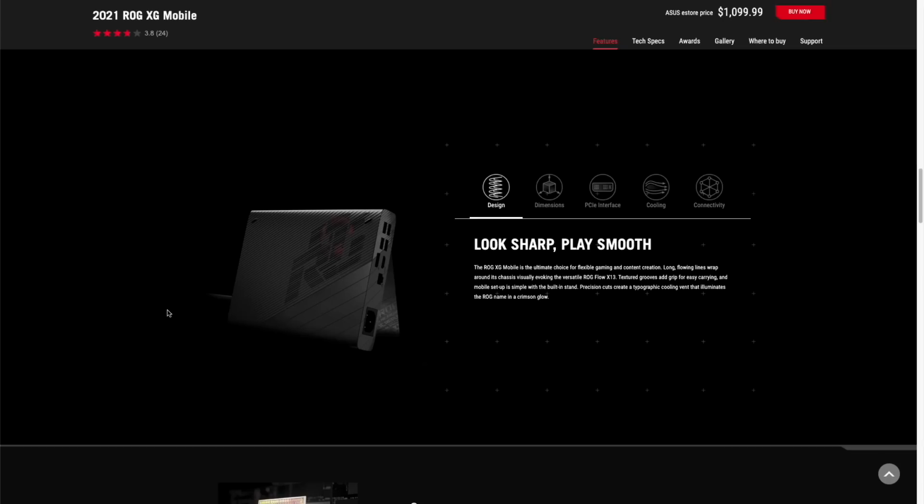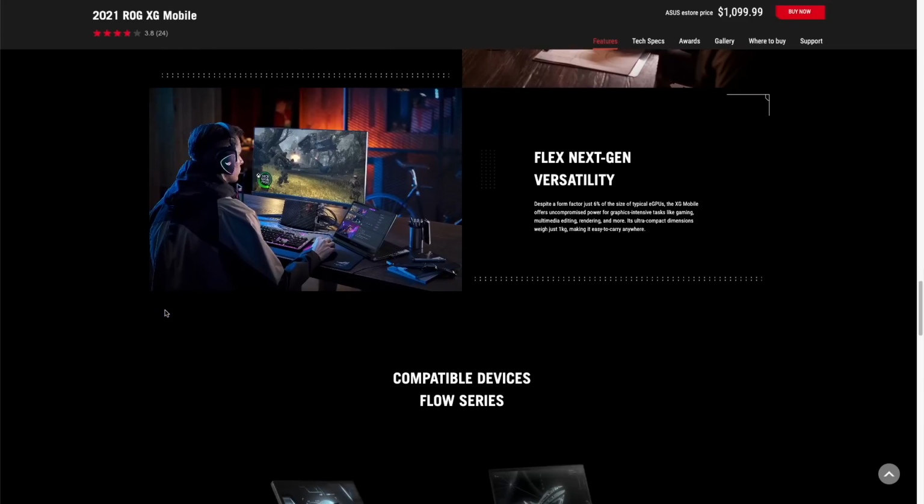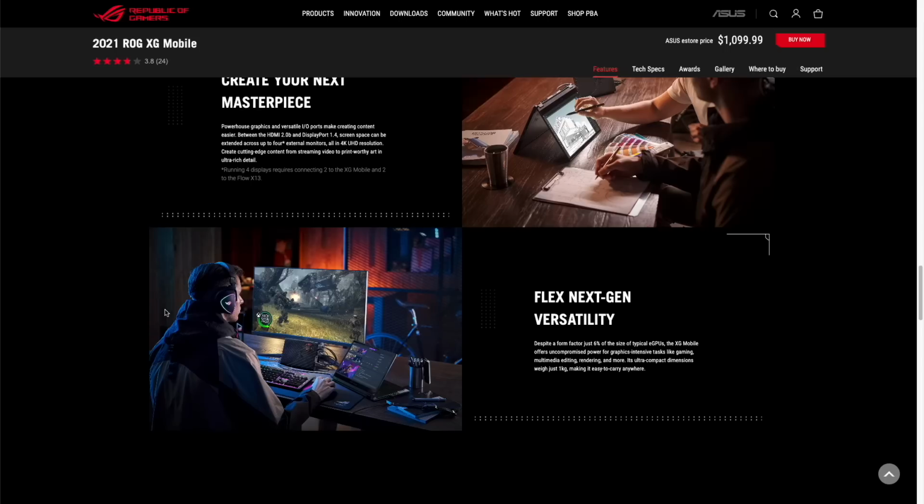So you take your handheld, you plug it in with the proprietary cable into this thing that looks kind of like a small tablet, and that will have DisplayPort or HDMI out, so you can put it onto a TV or a computer monitor. And so this is a way to basically make the computer dockable, but then also improve the performance with a